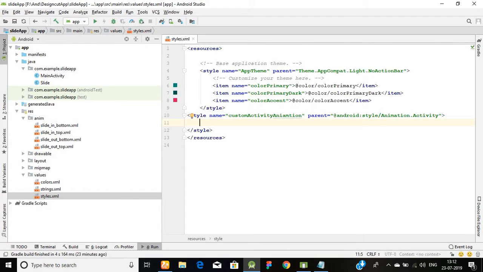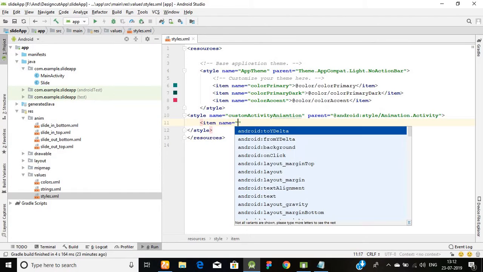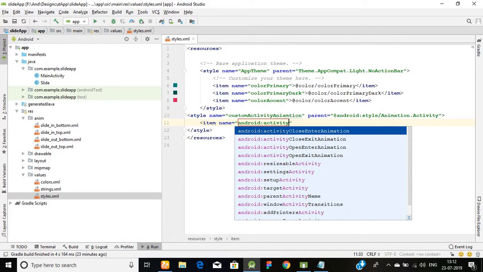The next will be, we'll create the items, and the first will be the android:activityOpenEnterAnimation,